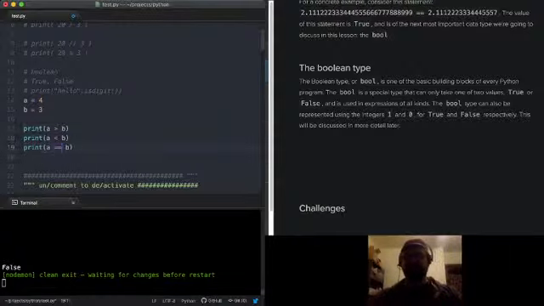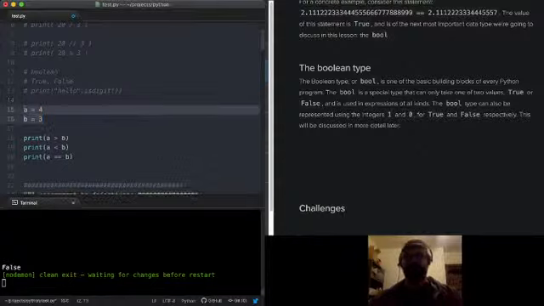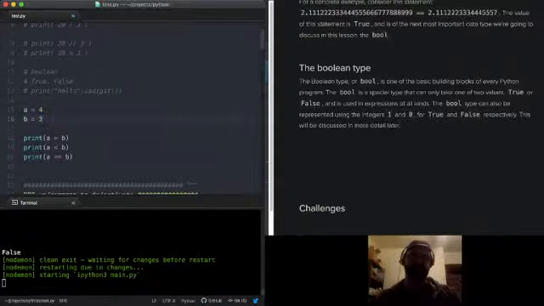If I want to see if A is equal to B, notice I have to use two equal signs. And the reason for that is a single equal sign is already taken for assignment. When I say A equals 4, a lot of times we'll read this as "gets", so A gets the value 4. So the value 4 is assigned to the name A, and the value 3 is assigned to the name B. I just did this without qualifying that we were talking about variables, but these are examples of variables. So we can check if something is greater than, less than, equal to.